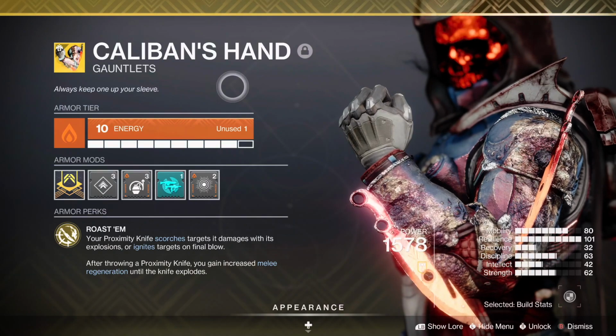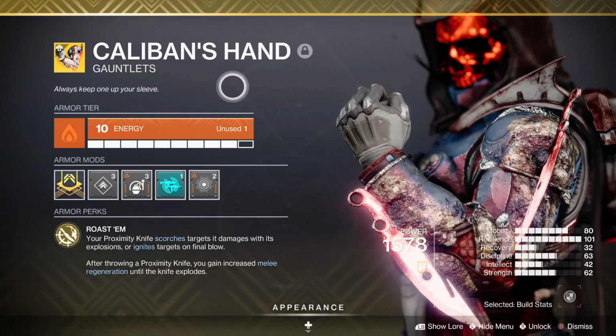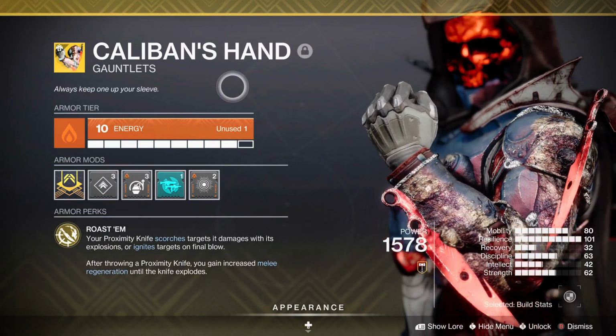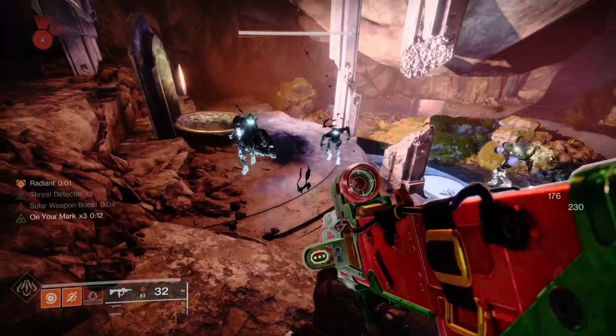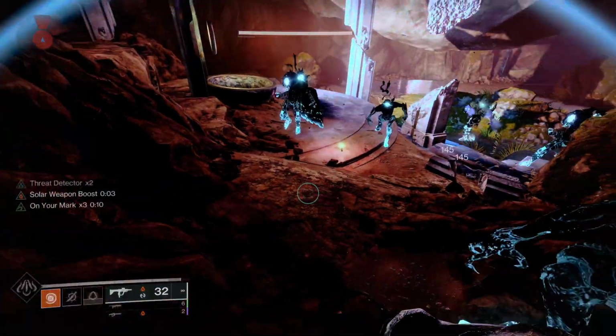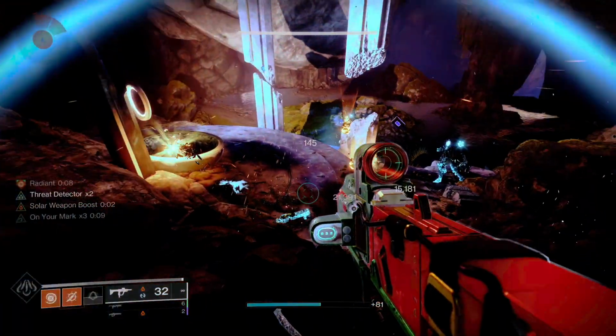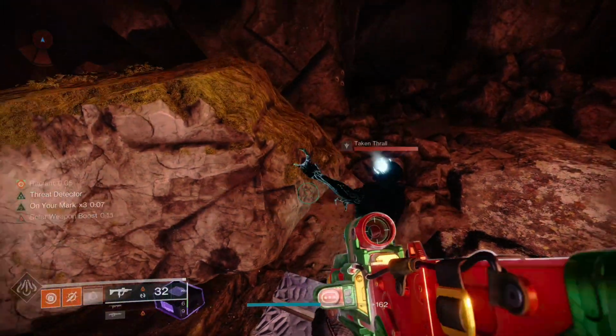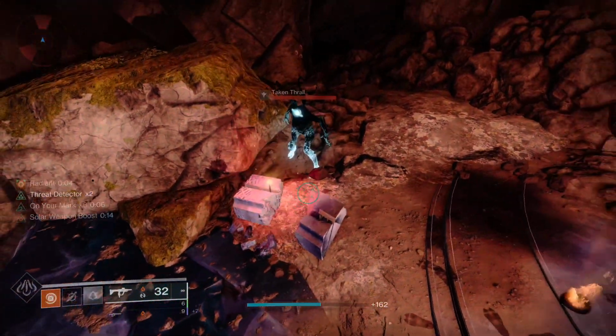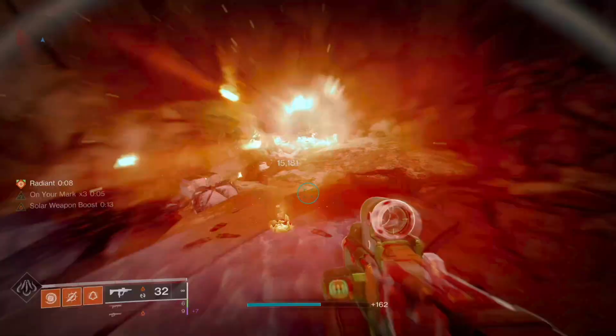So this setup is already pretty ridiculous, but it's about to get even better with the exotic armor piece, Caliban's Hand. Caliban's Hand is basically going to enhance our already massively powerful proximity knives by scorching any enemies it damages, or more importantly, igniting every enemy killed by them. These ignitions do a lot of AoE damage, and with Ember of Eruption, remember we're boosting the explosion radius of